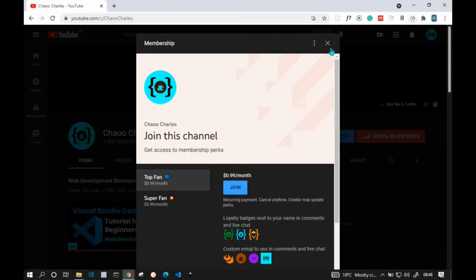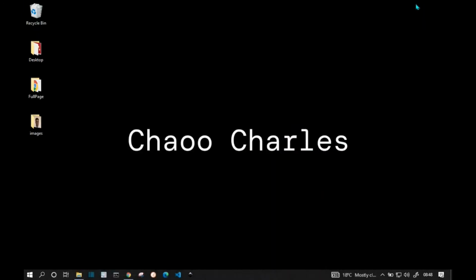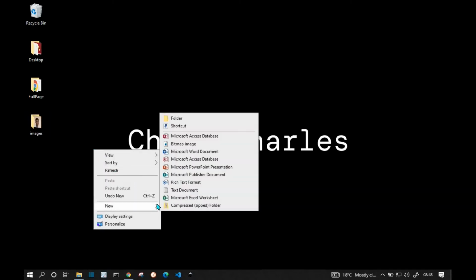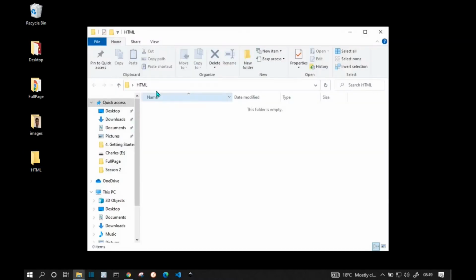With that said, now we can go on and create our first HTML project. So I'll just come to the desktop of my computer here, and I'll create a new folder just by right clicking, going to new and then folder, and I'll just say HTML. And then in this folder we are going to add a HTML file, and also I'll add this folder right here saying images.